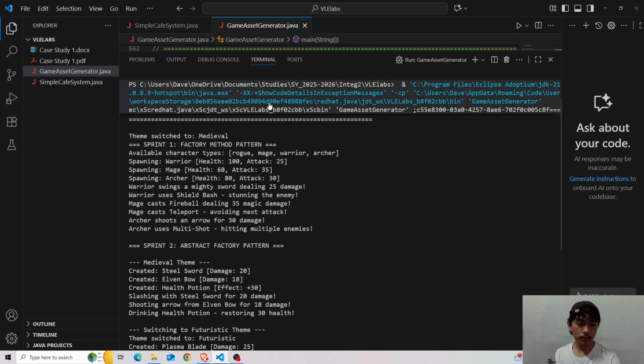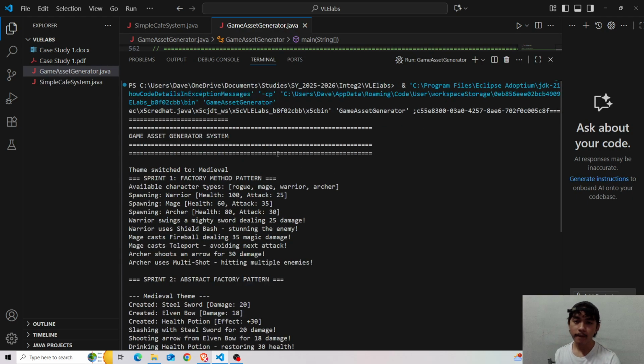So that's how useful singleton is for this kind of system, for these kinds of systems.